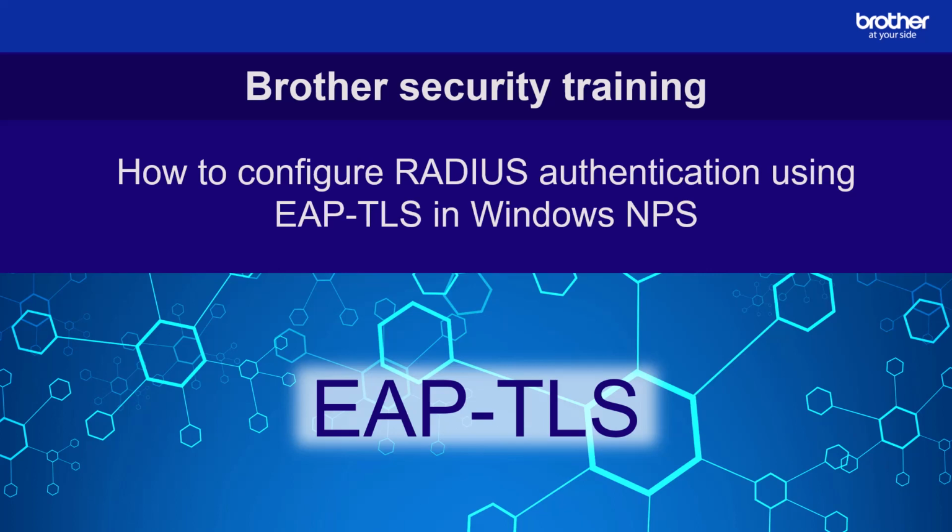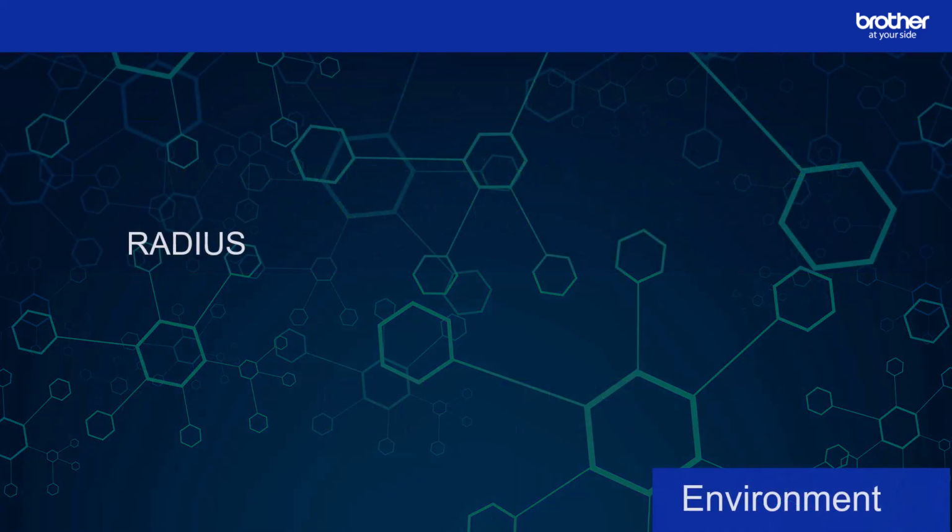How to connect Brother devices to Enterprise 802.1x networks using the EAP-TLS security protocol. This video assumes that you already have a Radius server in place, as well as a fully configured EAP-TLS network